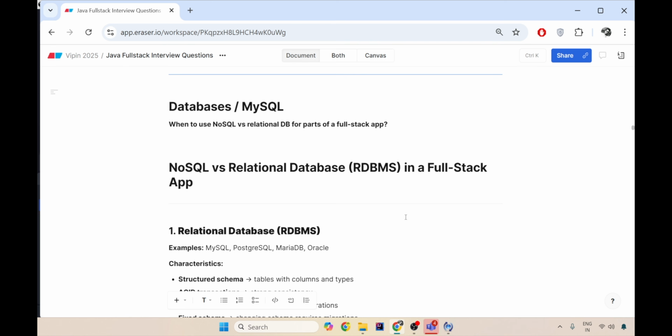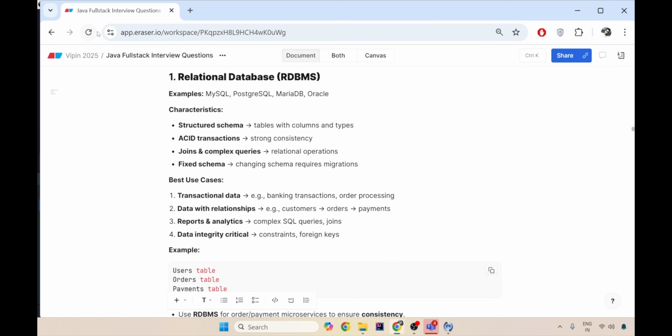The answer is the relational databases like MySQL, PostgreSQL, MariaDB are used where the tables and columns are properly structured. There is strong ACID consistency needed, where proper joins and complex queries are also in demand, and you have a fixed schema. There is no changing properties. For example, the banking transaction. A transaction will have start date, the transaction ID, the amount withdrawn or amount credited, what transaction is actually done, from which account number to which account number. For any transaction at a given point of time, these columns will never change, and hence it is a structured schema.